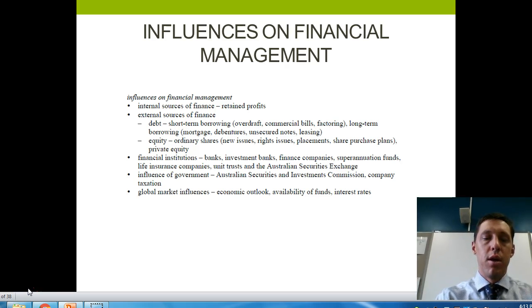Remember, we talked in chunk one about organic and inorganic growth. That inorganic growth through acquisition may well be a reason why an organisation needs to get access to capital. Okay, we'll cover some of the different sources they might go to in order to be able to achieve that outcome. We're going to also look at different financial institutions, so try to deconstruct some of those organisations which